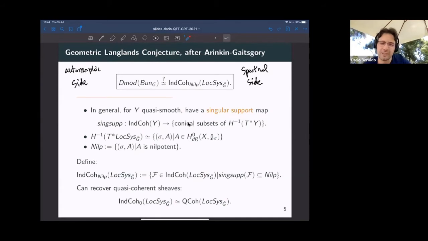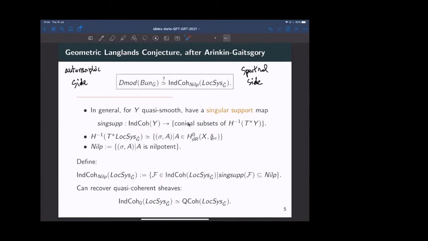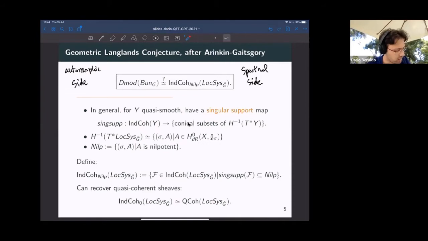And so the analogy here is maybe instead of calling it singular support, we can call it wavefront. In distribution theory, distributions have a wavefront, and for the delta distribution, for example, the wavefront is the entire cotangent fiber. Okay, but we don't really need to know the details of the construction. What we need to know is that in our case, where Y is Log_G-check, which is quasi-smooth, so it's good, this H^-1 of the cotangent complex is concrete.